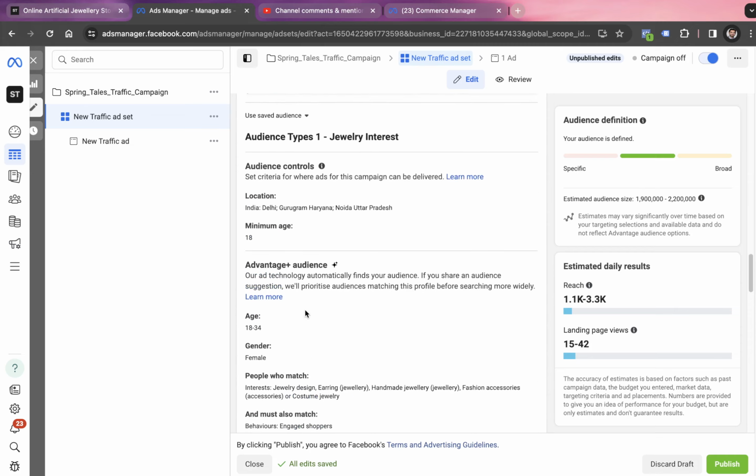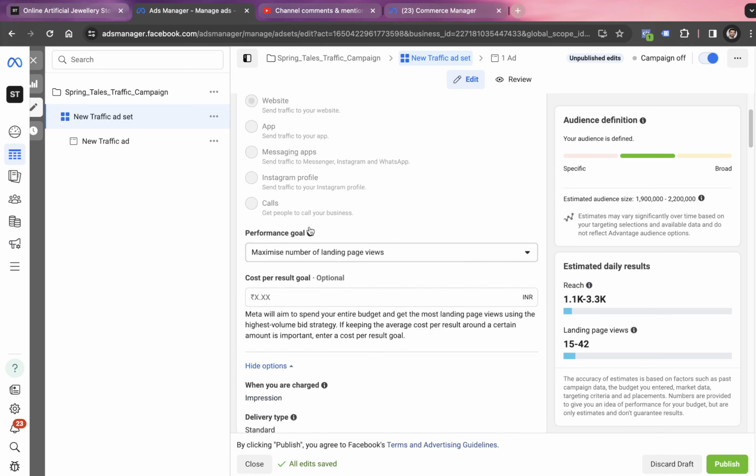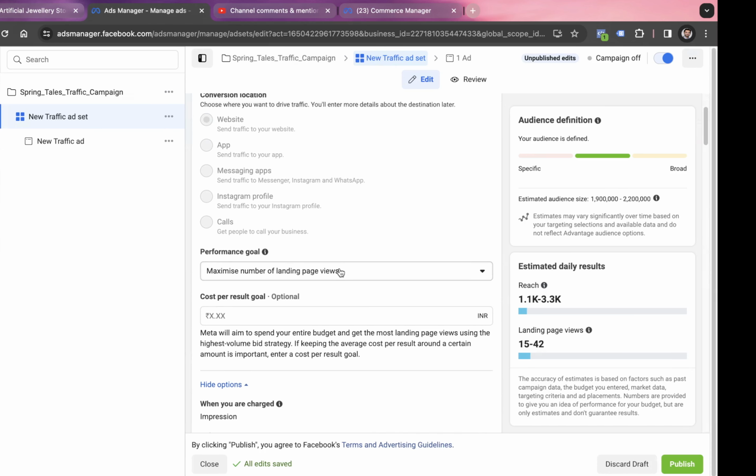That's right. So even though I tried to fix this campaign somehow by going with the objective of landing page views, if I have to compare this campaign with the remaining three campaigns, I shall be going with all these three campaigns. These are simply the sales campaigns in any Meta Ads interface.